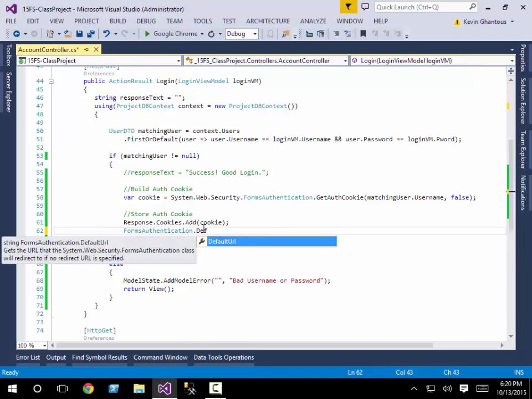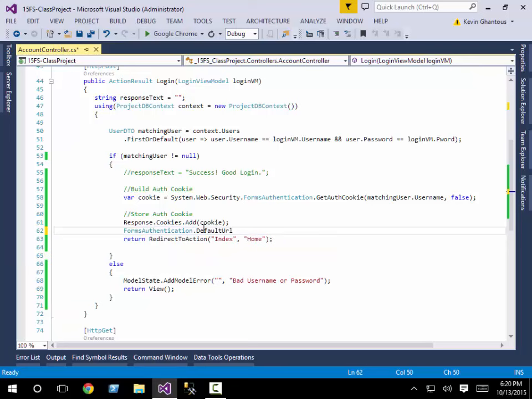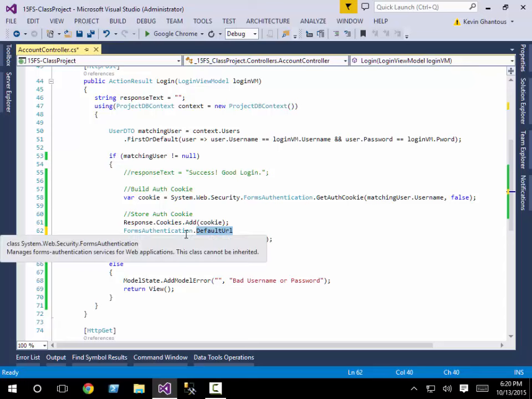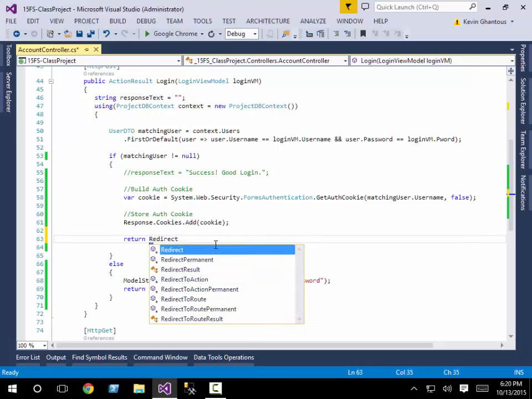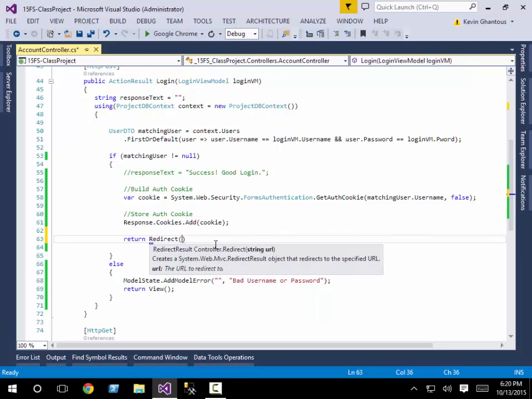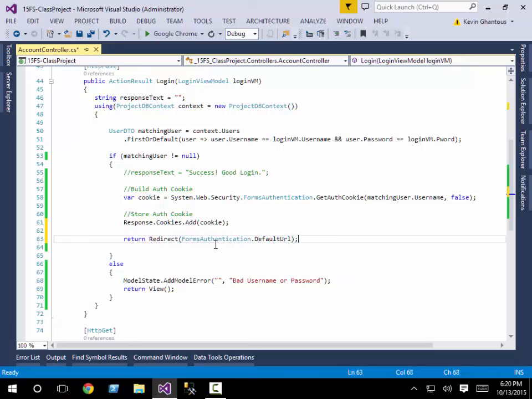So off of the forms authentication utility class, there actually is a property called default URL. So we can utilize that instead of just assuming it's the home page. So to do that, we'll make a quick modification. So instead of redirect to action, we're going to just redirect. And we'll put in that default URL